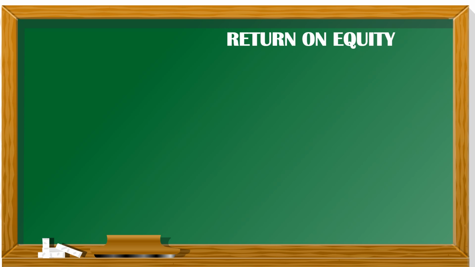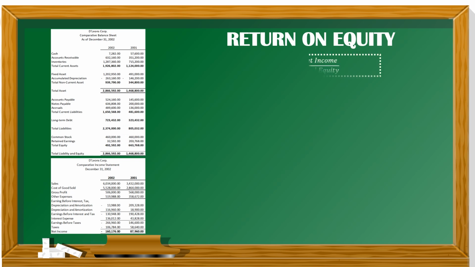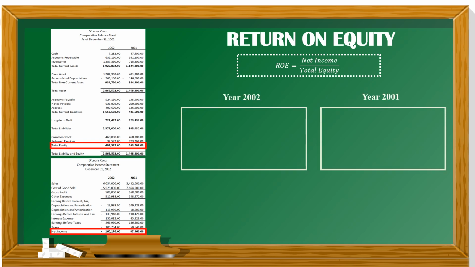Okay, so we have here the last type of profitability ratio, which is the return on equity. Now, for the formula, we have here net income divided by the total equity. Now, for year 2002, the ROE for De Leon Corp is computed as negative 160,176 for the net income divided by the total equity of 492,592. While in 2001, we have here an 87,960 net income divided by the total equity of